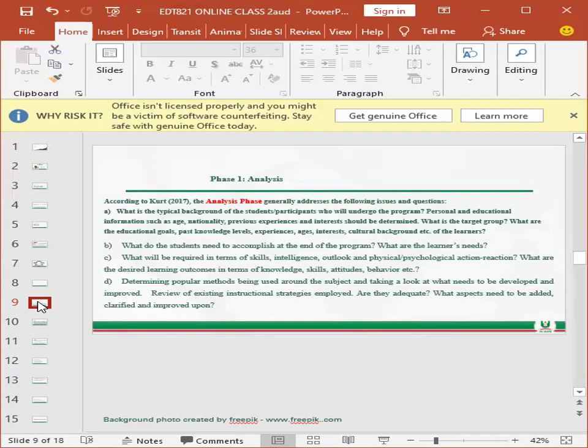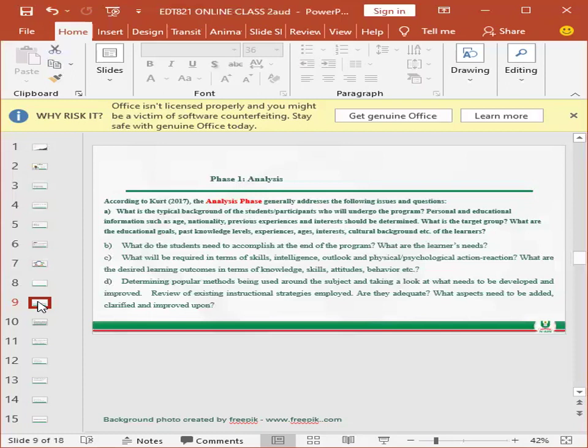And what is the target group? So what are the educational goals? Past knowledge levels, experiences, age, interests, cultural background, etc., of the learners. What do the students need to accomplish at the end of the program? What are the learners' names? You need to know all these at the analysis stage. What will be required in terms of skills, in terms of intelligence, in terms of outlook, and physical or psychological actual reactions. So we need to know too the desired learning outcomes in terms of knowledge, skills, attitude, behaviors,